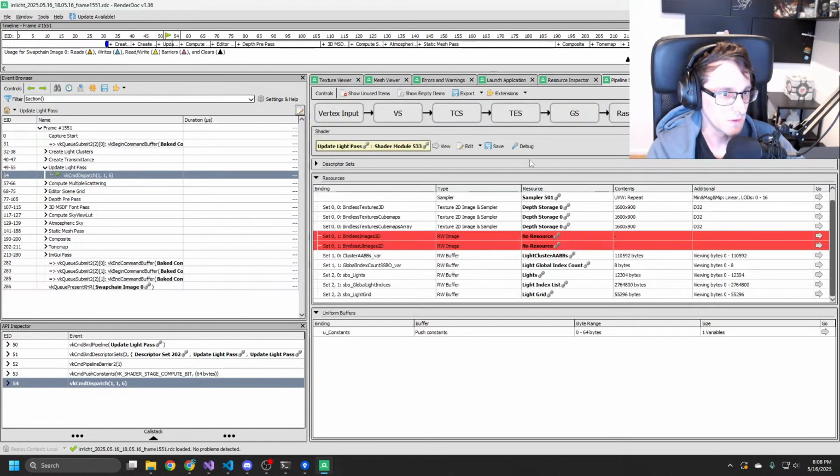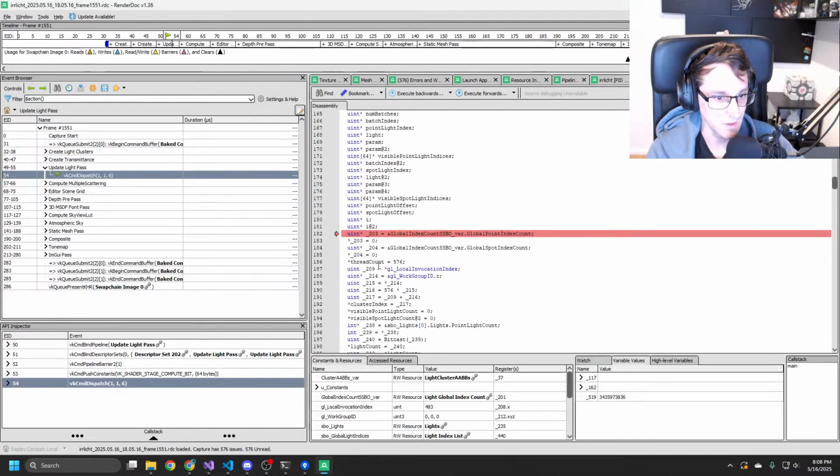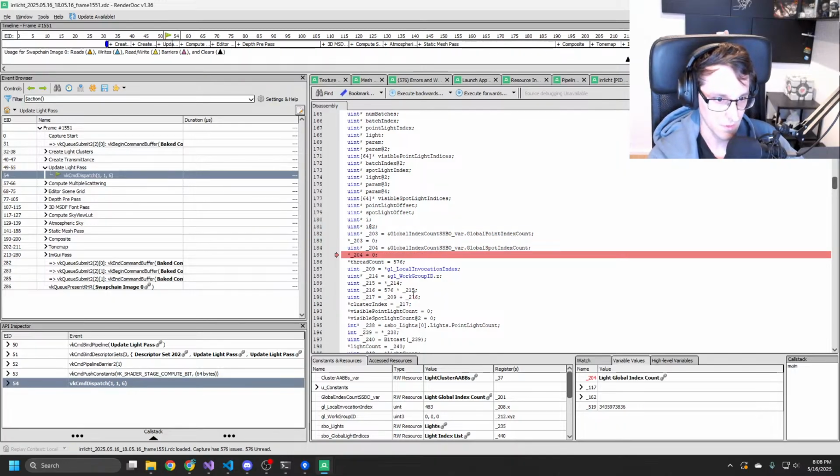That shouldn't be too hard to find. Let's go. Let's see what debug ID that is. What's our cluster index?